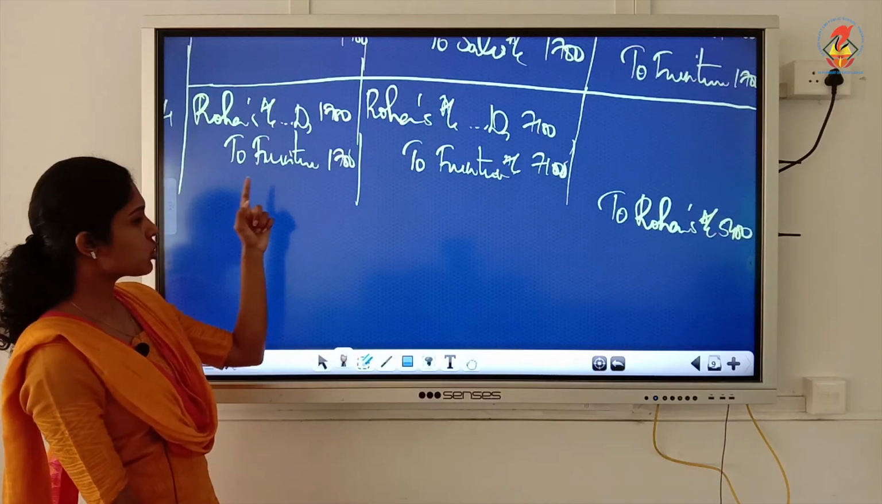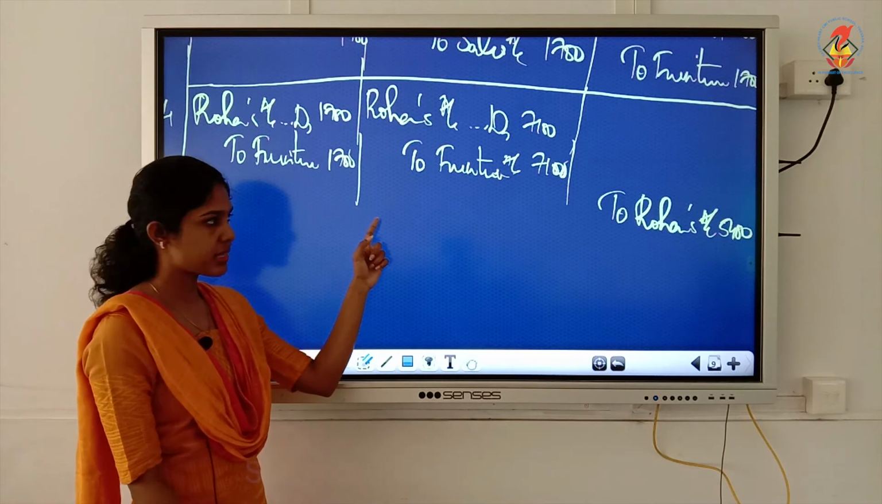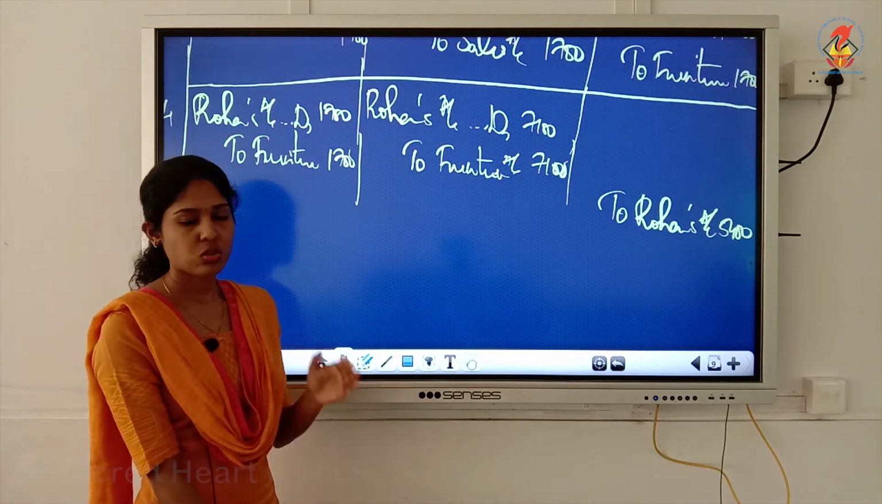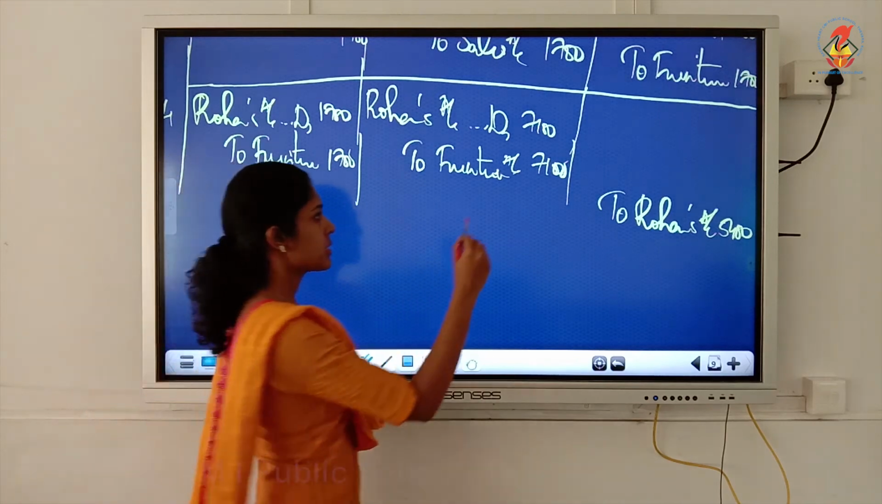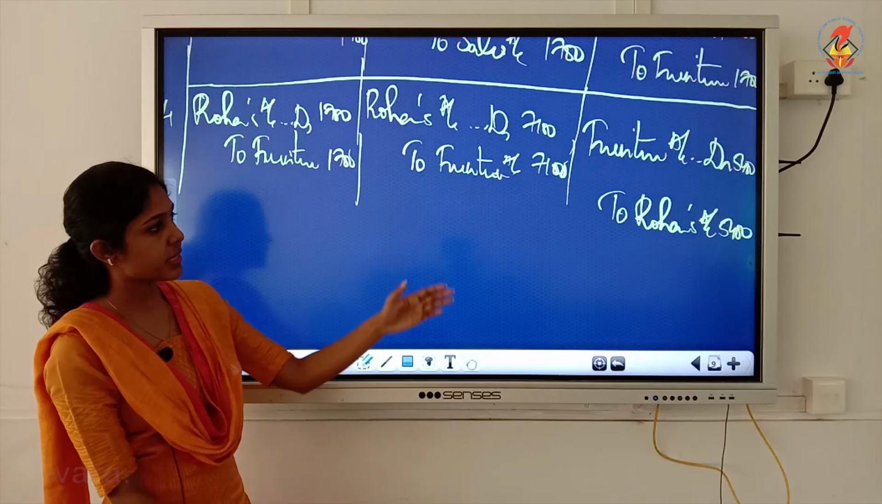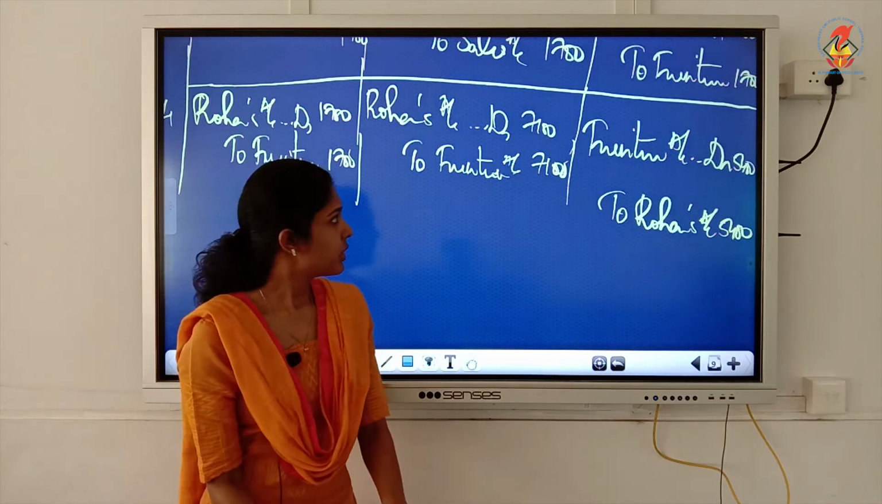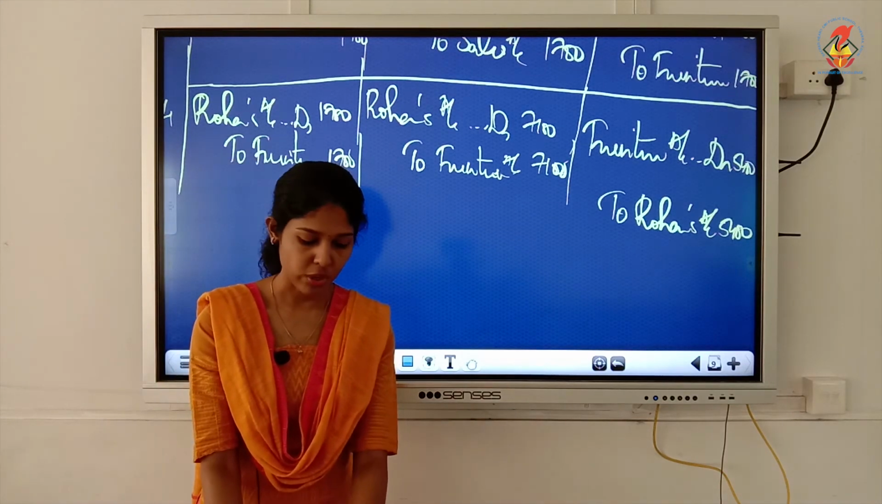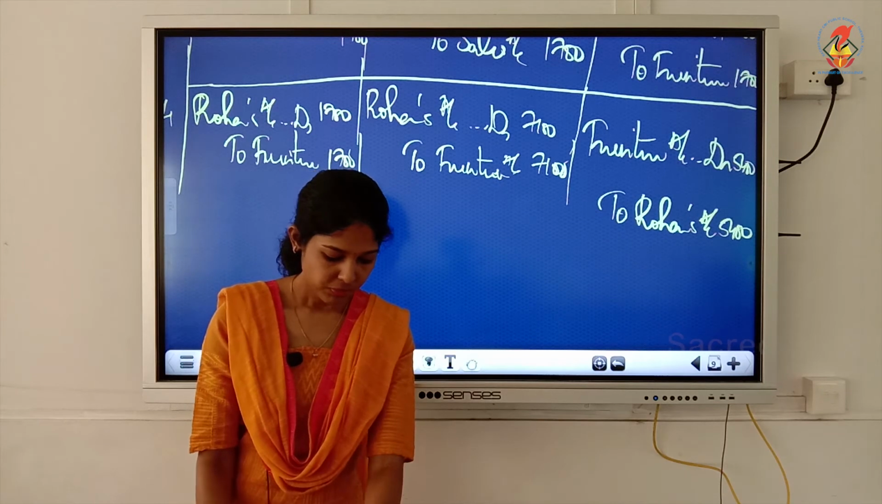Then furniture to be credited only with 1700, but we credited with an excess amount. So what should we do? Cancel it. That means debit the excess amount, so that 5400 will debit. Understood? So automatically your debit and credit sides are same. So furniture account debtor to Rohan's account 5400. Then the next one, fifth one,